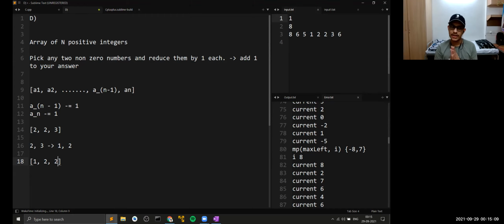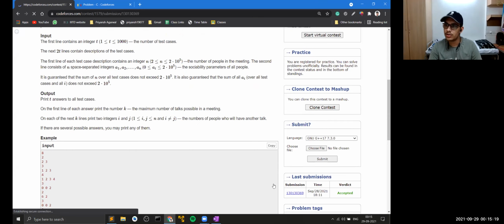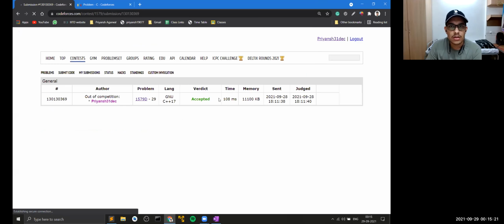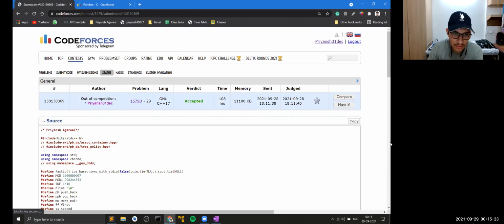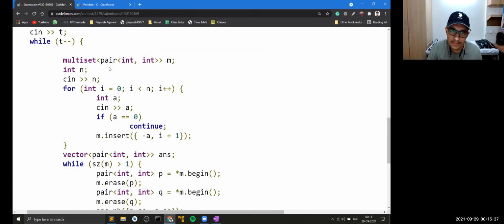Right. So is there any doubt that you guys have in this part? Or maybe I can show you my code just a little, for understanding how I am doing this insertion and deletion into the multi-set. Yeah, so this is what I'm doing. I am just storing pairs here. In fact, when I'm storing pairs, I don't need a multi-set. Instead, I can just keep a set, because in this pair I'm storing the value and the corresponding index. So this pair overall would always be unique.